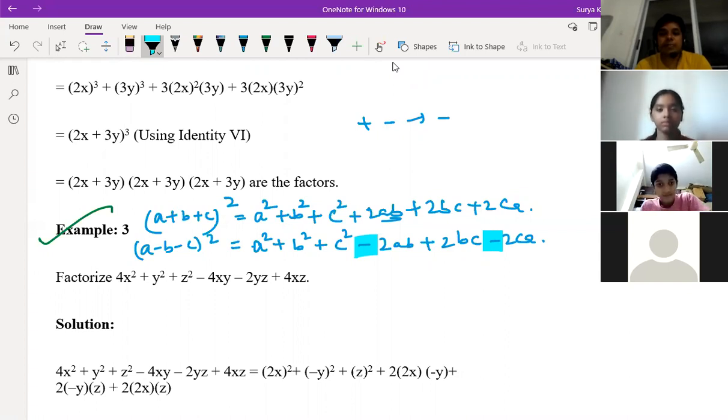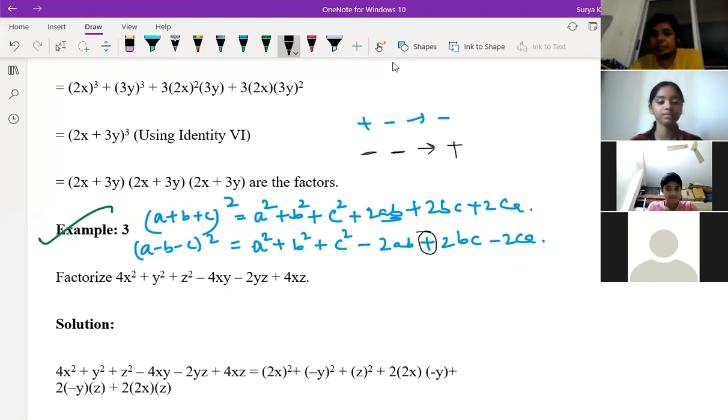Okay, sir. So why are we writing this minus? Sriyanvi, are you getting it or not? Why didn't you put minus 2bc, the minus? You are saying minus 2bc should be there? Why, sir? Is it plus? Because b and c. What is the sign of b? b is minus and c is minus, minus into minus is plus. That's why it's coming.